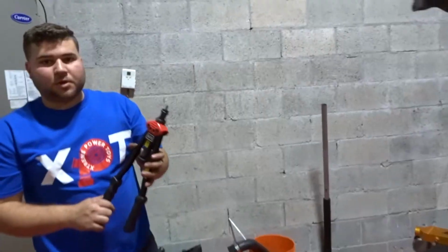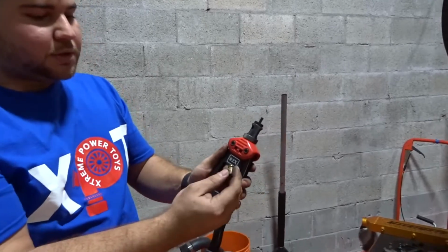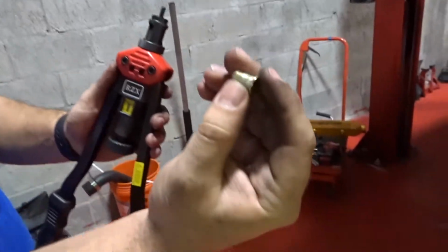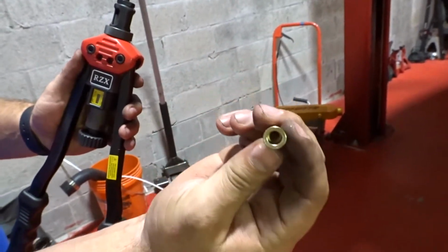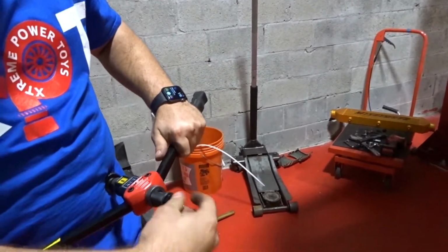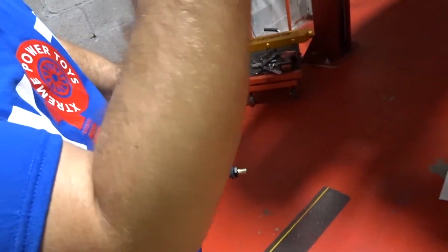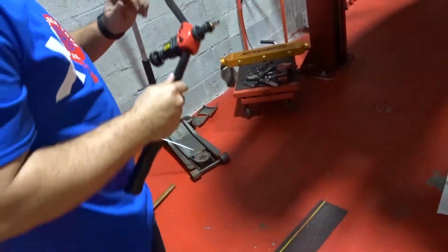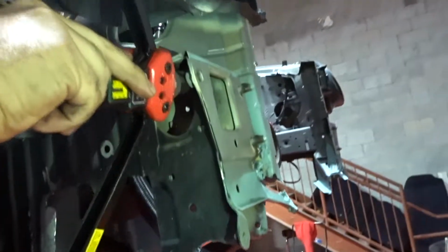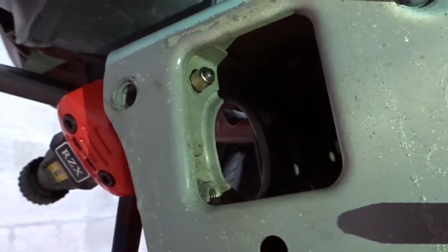Alrighty, you guys, so the tool that we purchased that I was telling you about is this tool that is meant for opening a hole anywhere, and then it comes with this, like a rivet nut, with some threads inside. So this is basically so you can have a nut that you can screw a bolt into anywhere you want in the car. What you do is you open your hole, then you insert this into the hole, and then you close it